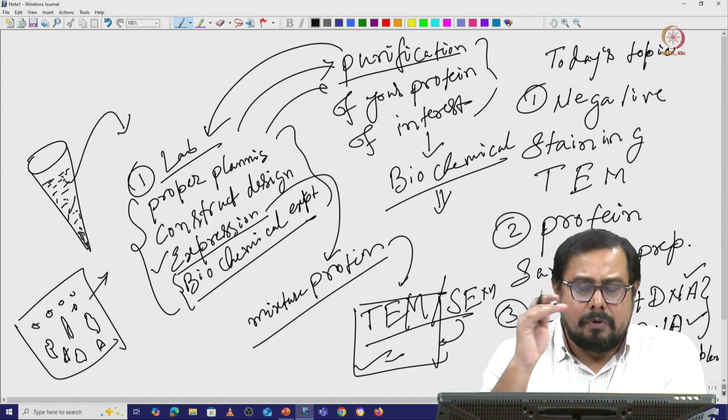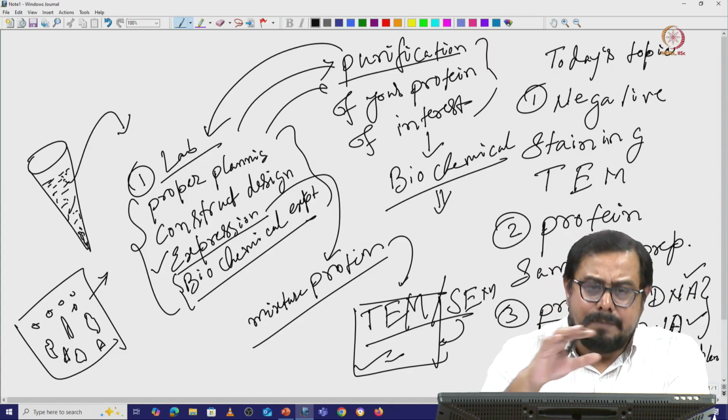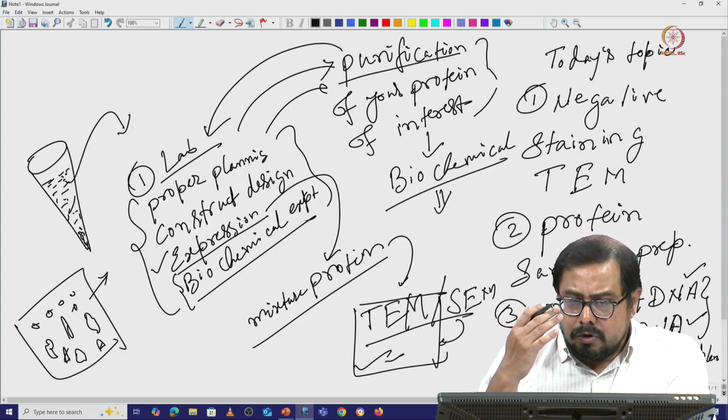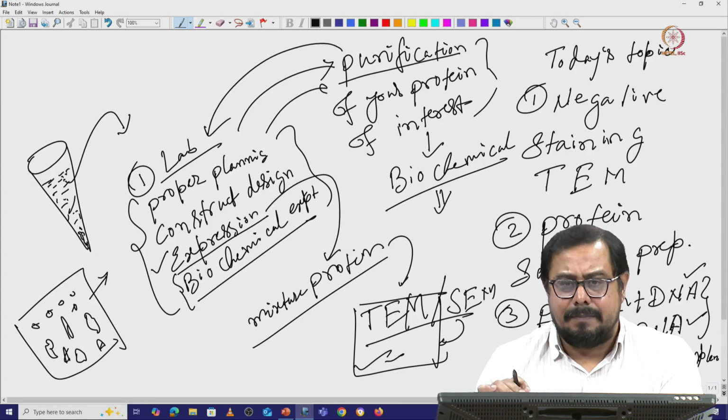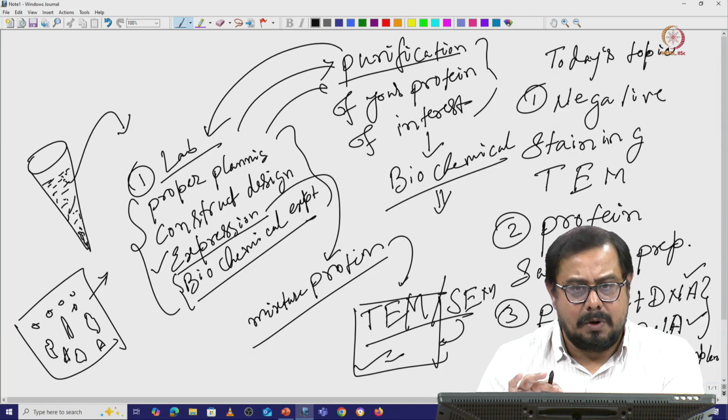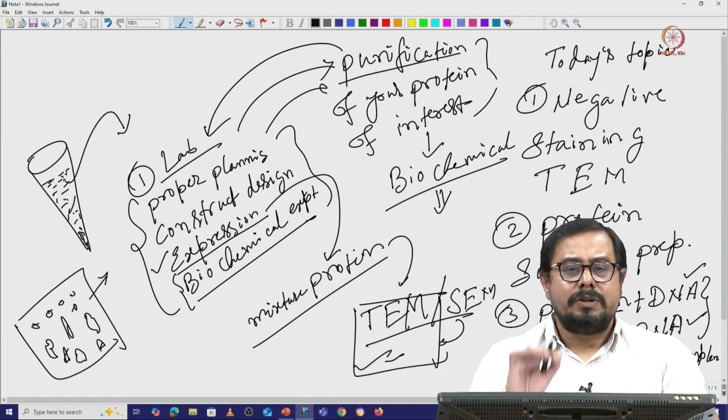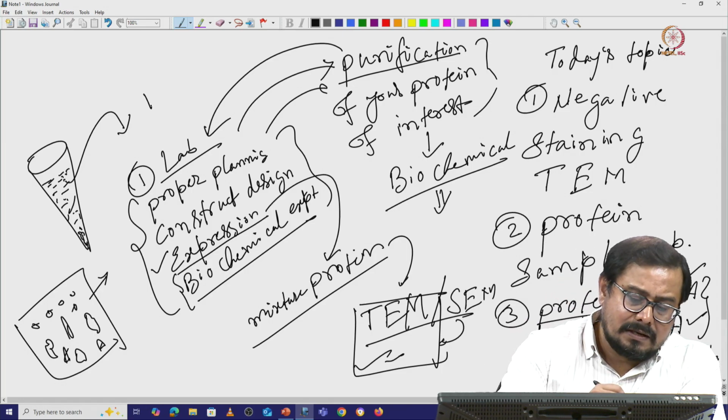From TEM or cryo-EM, it is a bit difficult to tell from the 2D images which one is your sample if your sample is not pure. So, this is our first